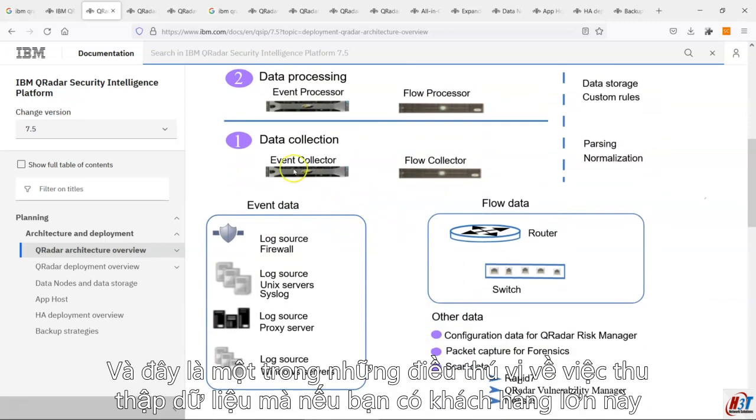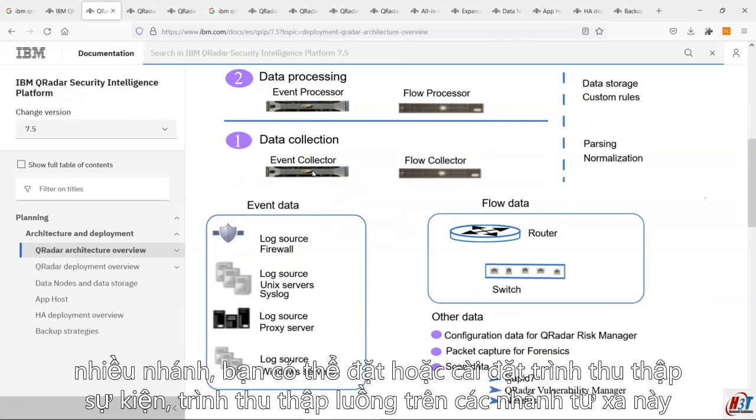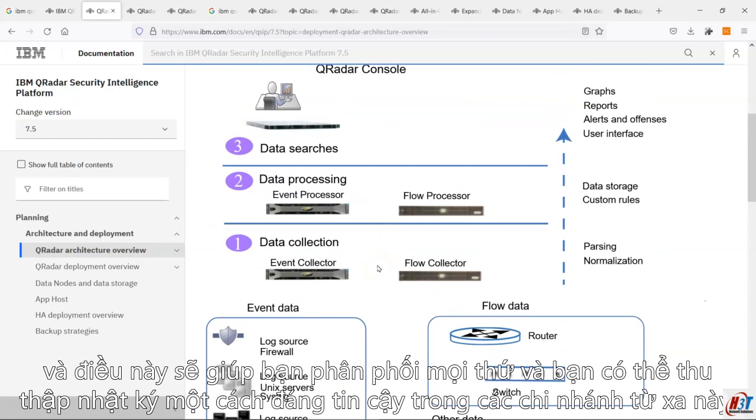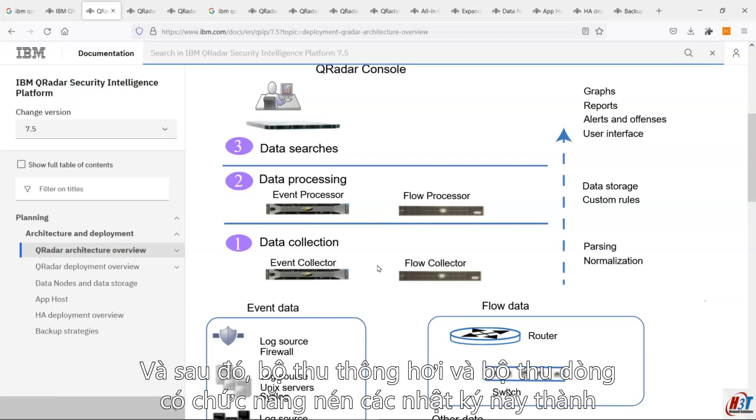And this is one of the nice things about the data collection: if you have a big customer with multiple branches, you can install event collectors and flow collectors across these remote branches, and this will help you distribute things. You can collect the logs reliably in these remote branches, and then the event collector and flow collector have the functionality